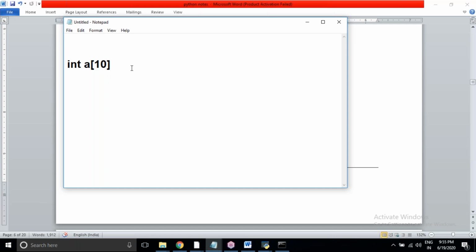Then what about arrays in Python? So in Python, arrays are there. In the Python standard libraries, the standard modules we use in beginning classes, an array class is there.